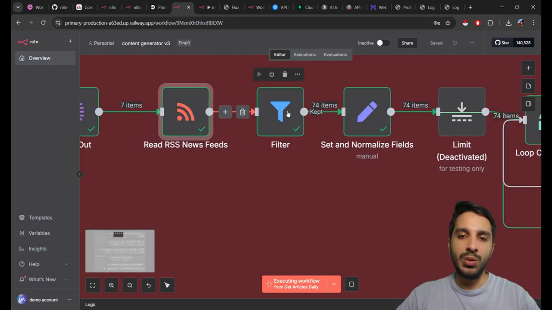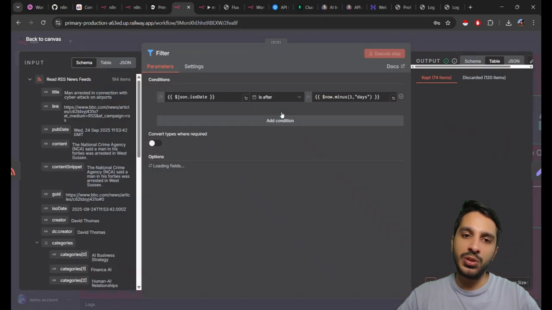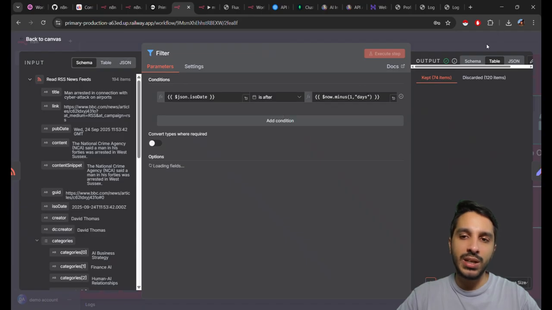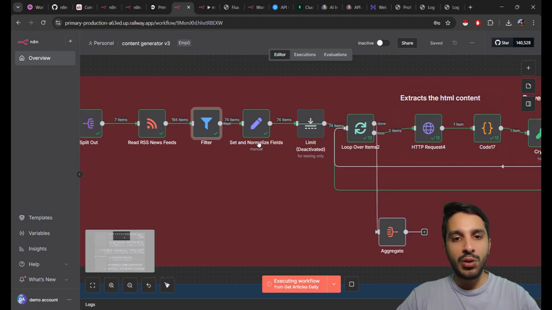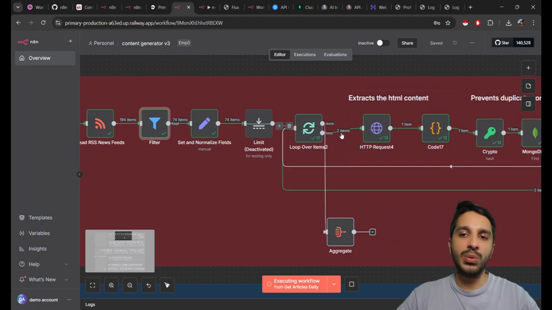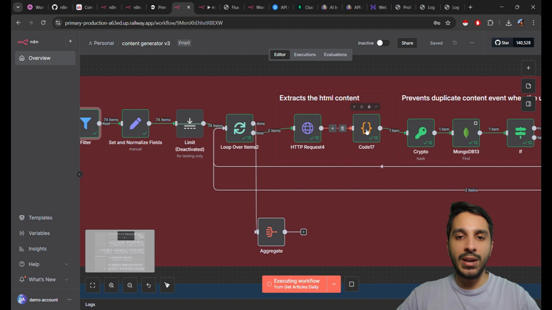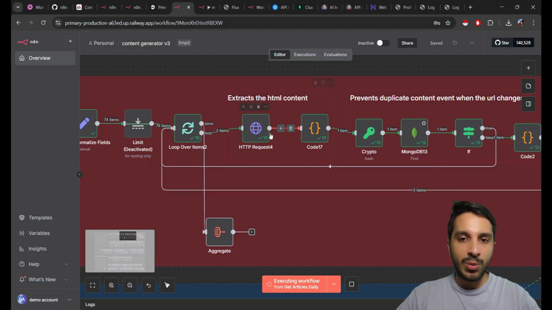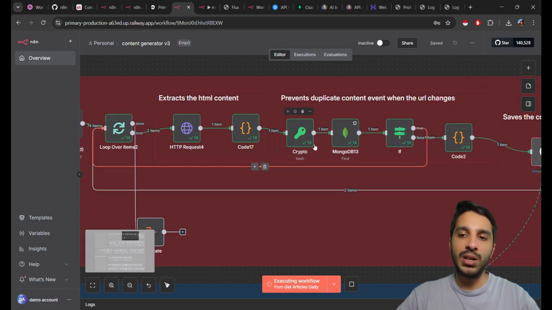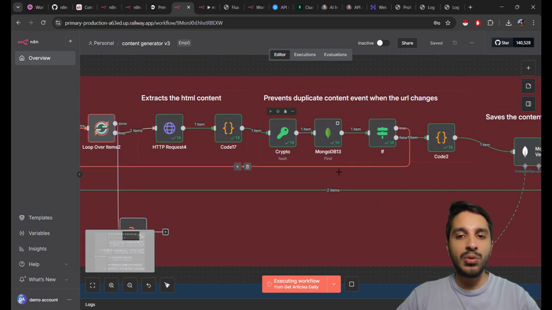And then we're going to filter which of these articles are most relevant. First we're going to filter by date, posted at least in the last 24 hours, or minimally 1 day ago. Then for each of these articles, we're going to do an HTTP request, which means we're going to browse that article, see what the content is, and store it in our MongoDB news table. Once we get the whole article, we're going to sanitize the data, and then create a crypto hash so that it's all unique. We make sure that we have no duplicate content, and if there's no duplicate content, we're going to write to the